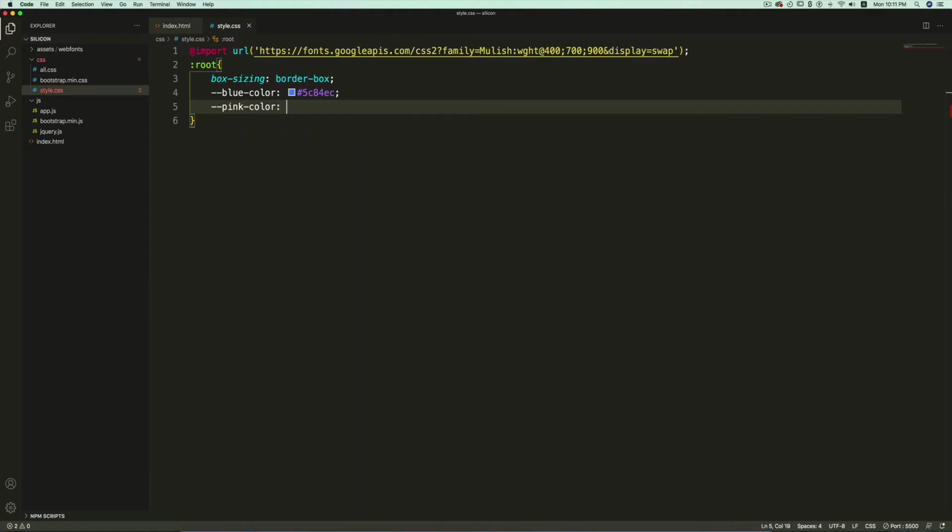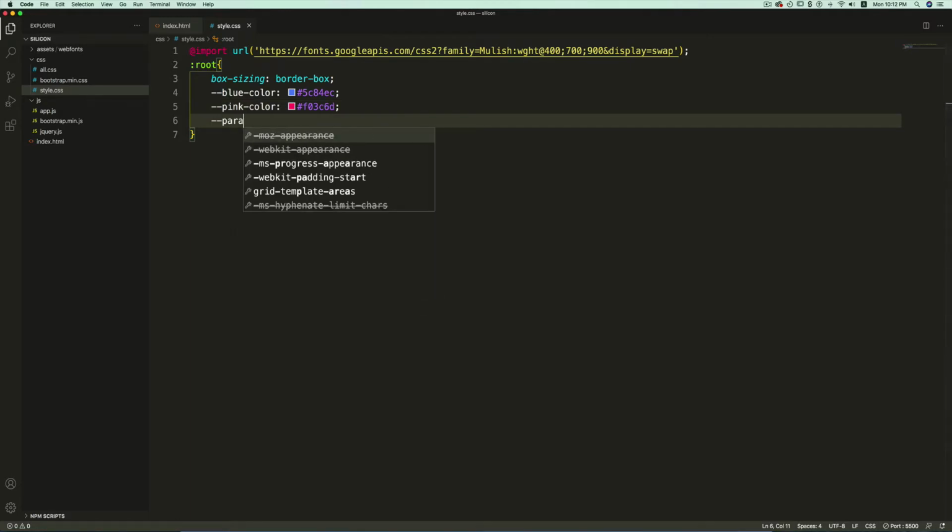This is for the gradient effect that we are going for. Then hash F03C6D, and finally the paragraph color, this will be hash 707070.